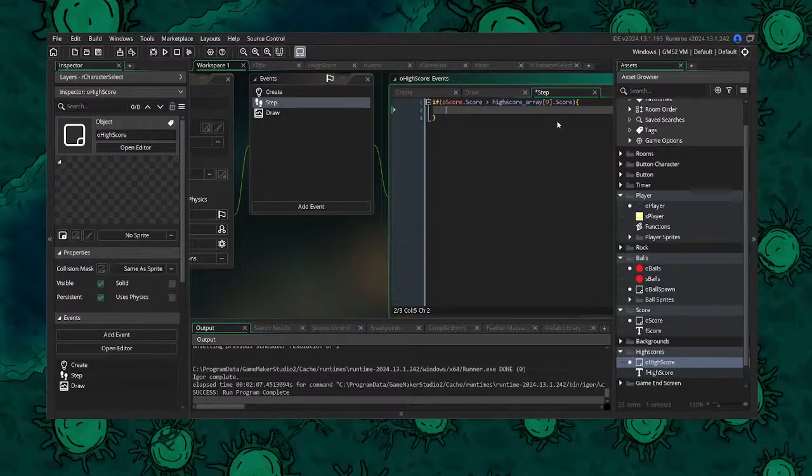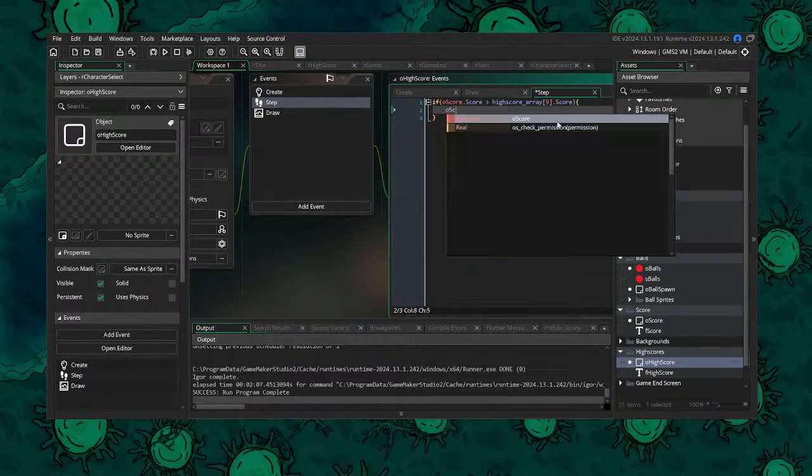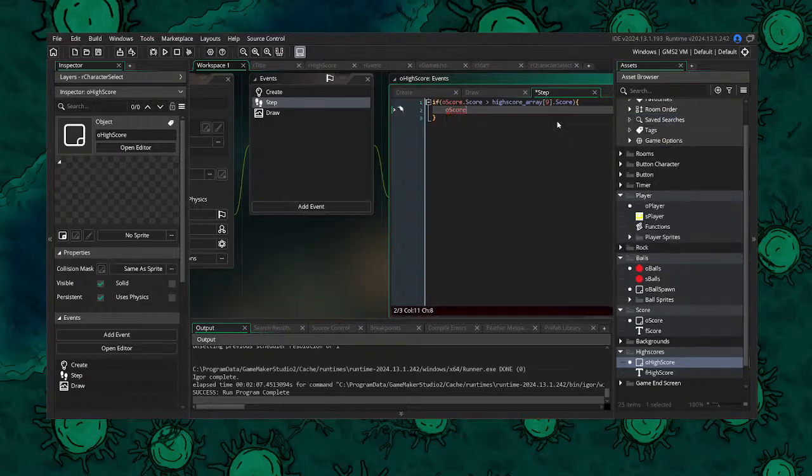let's just try if score is then O score dot score equals, no, I want this to be the other way. This has to be the other way around. Score